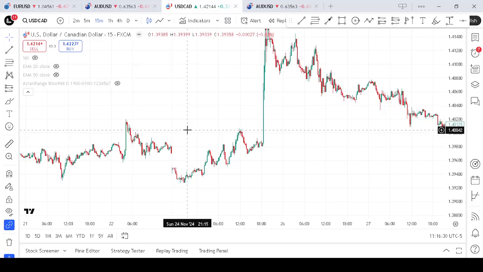When the market opens at a very different price than it closed, it creates an opportunity for traders to profit from the movement. Now let's dive into the chart and see how we can trade with the overnight gap trading